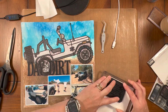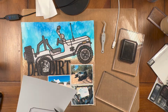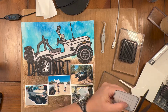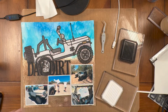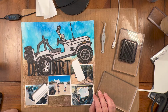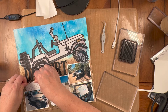I pulled out one of my favorite stamp sets, which is no longer made, and so my apologies that you can't get it anymore, but it's from the Stamp Market, and it's just a label stamp set. It's actually called Labeled, and I am using that for my journaling. I'm not going to have a ton of journaling, but I do want to make a notation of the day and the fun that they had. So I am tucking this one underneath the photo that is underneath the word Day,